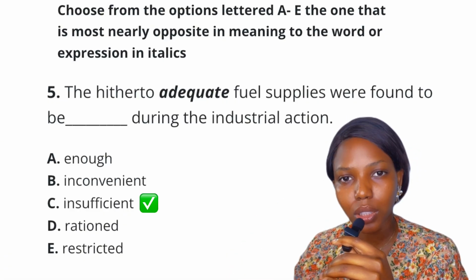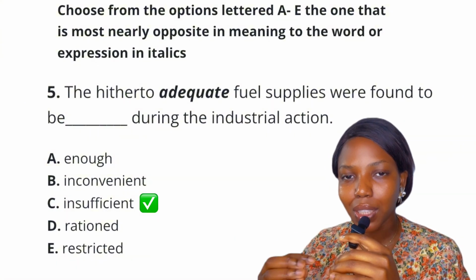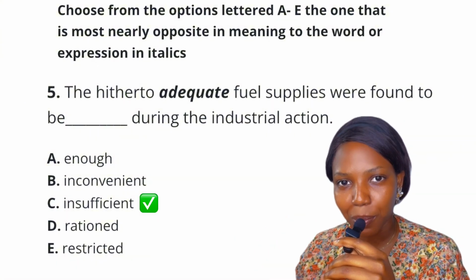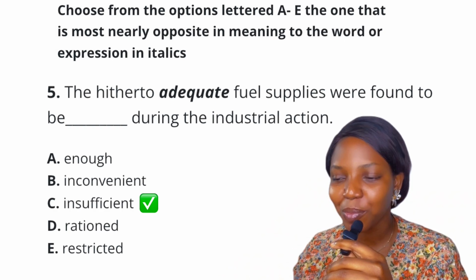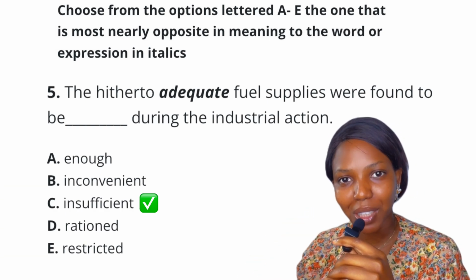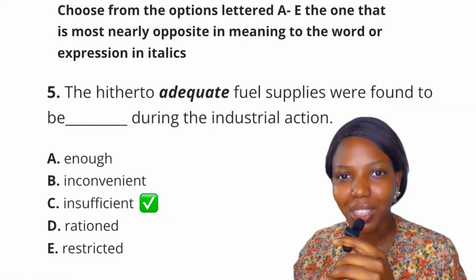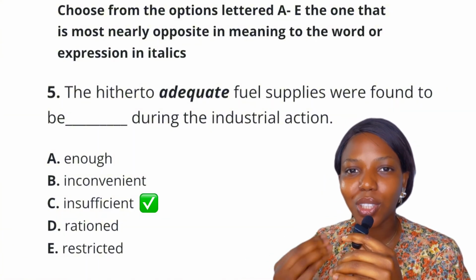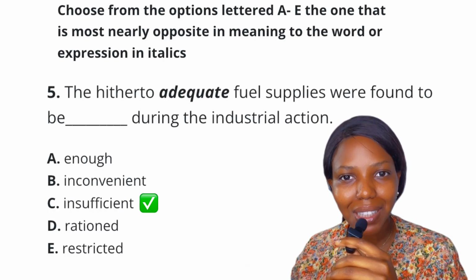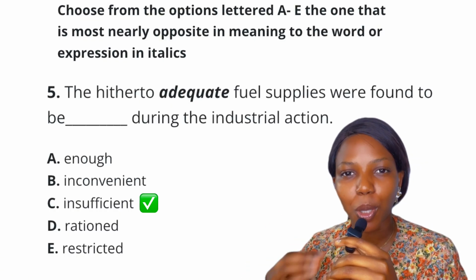Now let's go to option D. Rationed, it means controlled. This is a trap. Okay, it is not the direct opposite of adequate. Okay, option E is also similar to rationed. Restricted means limitation, it implies limitation. Okay, it is not the direct opposite of adequate in the sentence. So the final answer to this question is option C,